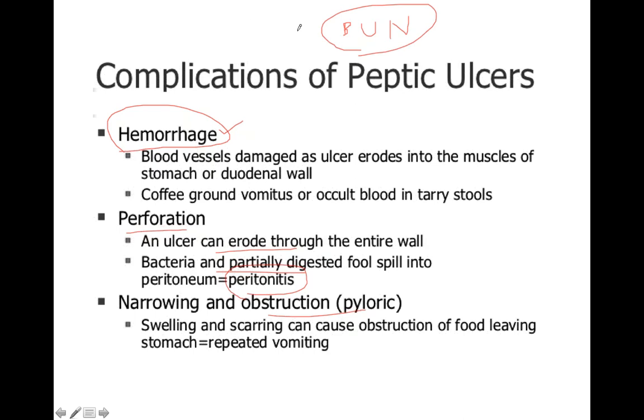Why? Because of upper GI bleed, there will be release of hemoglobin, which is a protein, so it will be converted into urea. So upper GI bleed leads to increased BUN level with normal creatinine. Steroid abuse also can cause an increased BUN level with normal creatinine. So there are various causes of increased BUN level with normal creatinine. It is seen in case of upper GI bleed and also in case of steroid abuse.